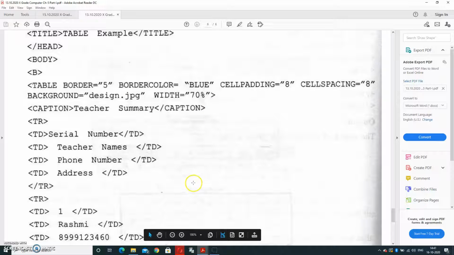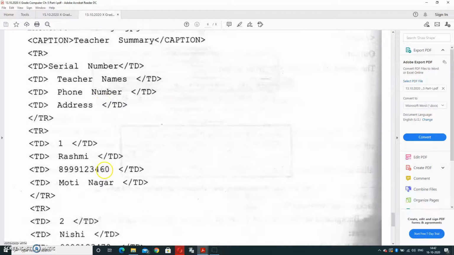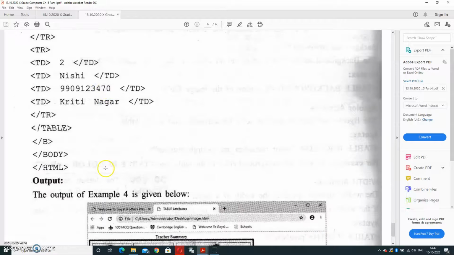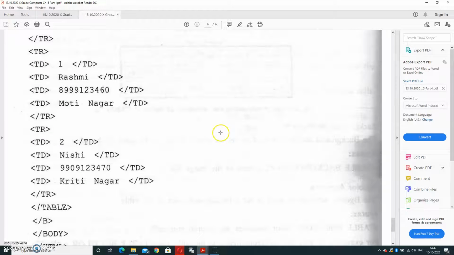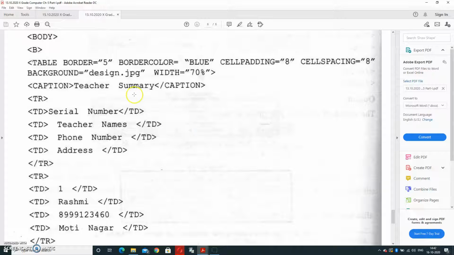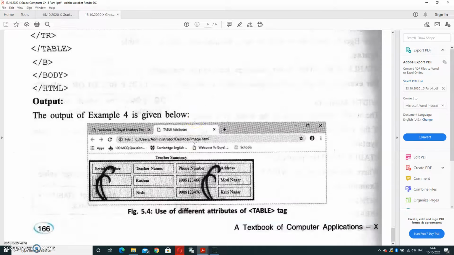It will cover 70% of your display screen. Now the caption we have given is teacher summary. The rest of the program is the same. The only difference is that it will take 70% of your screen and display the image design.jpg at the background of your program.